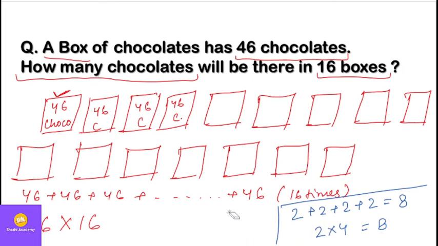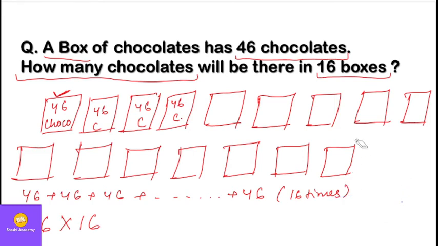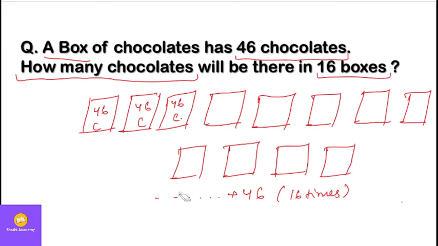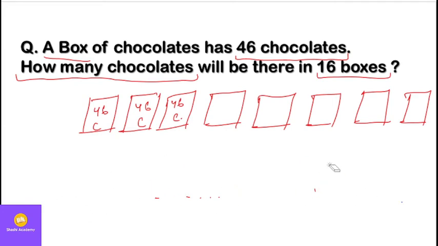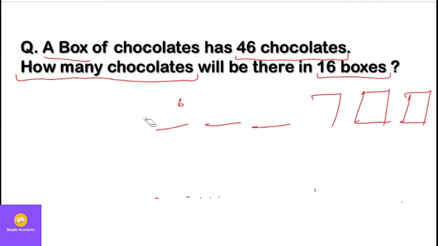So we can always say that multiplication is nothing but a repeated addition. So now this is the concept of multiplication. This is why we multiply. Okay, next I am going to tell you how to solve such questions, how to form the statements. We need to form the statements in such word problems always. So how do we make the statements? This is I am going to tell you now.